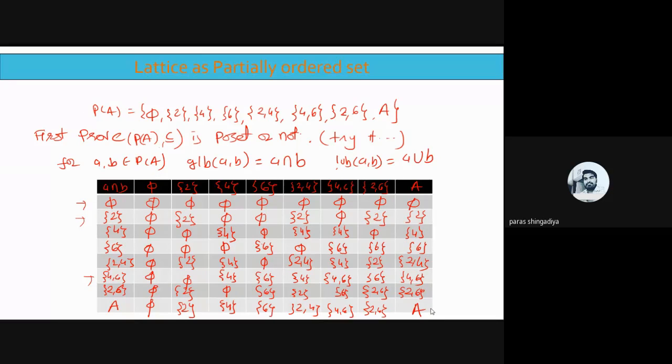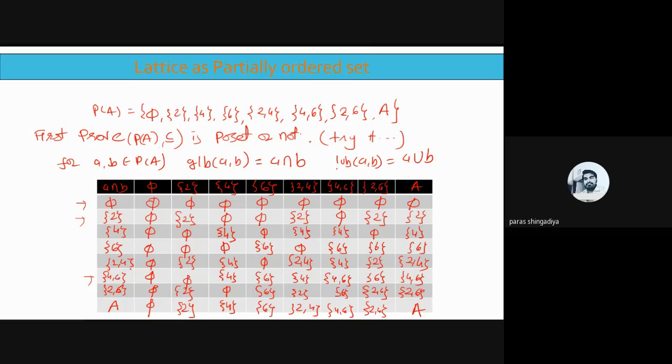Okay, so this is where we can check the answer of the intersection of all such possible pairs from the P of A, and now we have to verify it. ठीक है, हमें चेक करना है कि सभी आंसर P of A में कवर हो रहे हैं या नहीं. ठीक है, does it belong to the P of A or not, means it should be part of P of A. Clear? So check all these answers in each box.